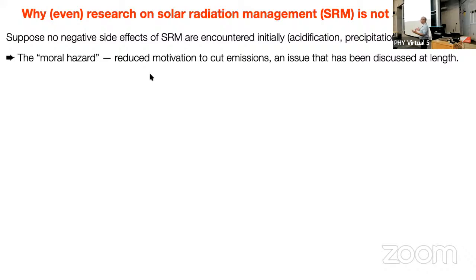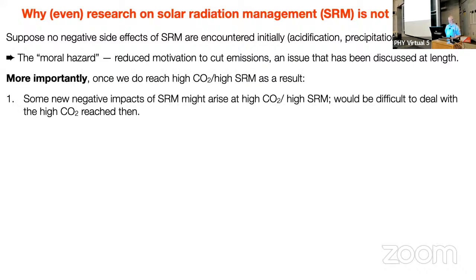And now you have these two large forces, so now it's not going to be just 1% of shortwave, maybe 3%. It's becoming significant, and 2 or 3 doublings of CO2. Maybe that's a reason to be concerned. So suppose you have this new situation of high CO2 and high sulfate aerosols or other aerosols concentration in the stratosphere. And at that point, you have 1,500 ppm of CO2 in the atmosphere. And then you finally discover that, okay, well, maybe it wasn't a good idea, because now you have more cyclones hitting Bangladesh and people are dying.